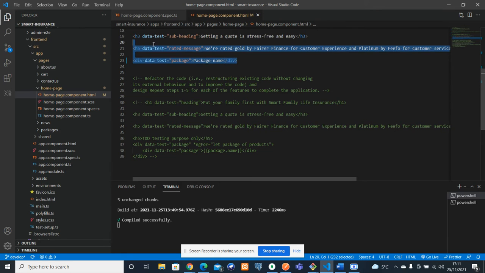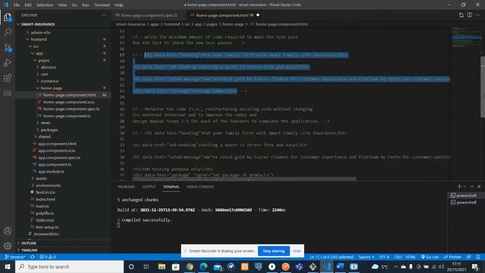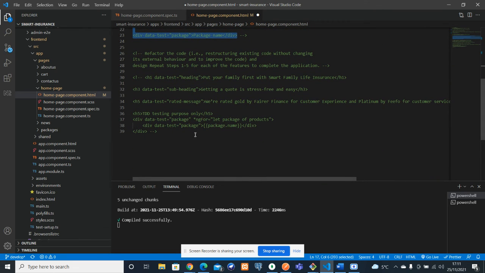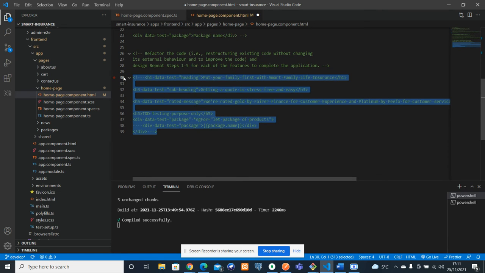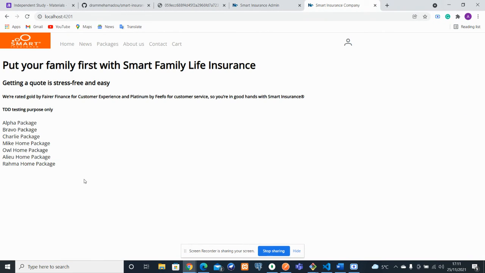Let me write the same code again, but this time I'm trying to get the name of the packages from the backend instead. If I run this code, it's the same code anyway, but now I'm trying to refactor it to get my final result. Now you can see that I get all the packages: alpha package, bravo package, and all package. So to demonstrate